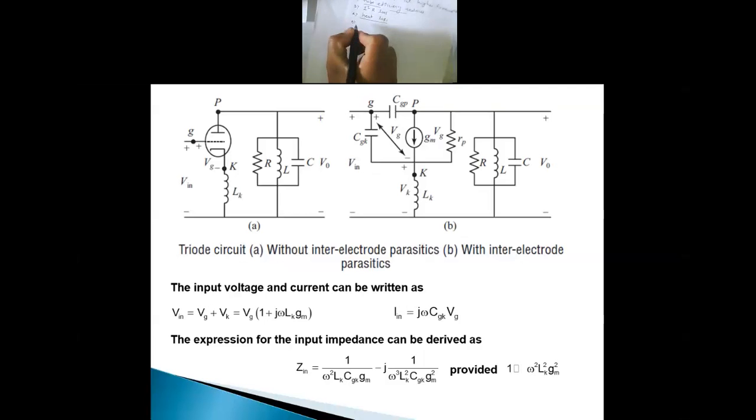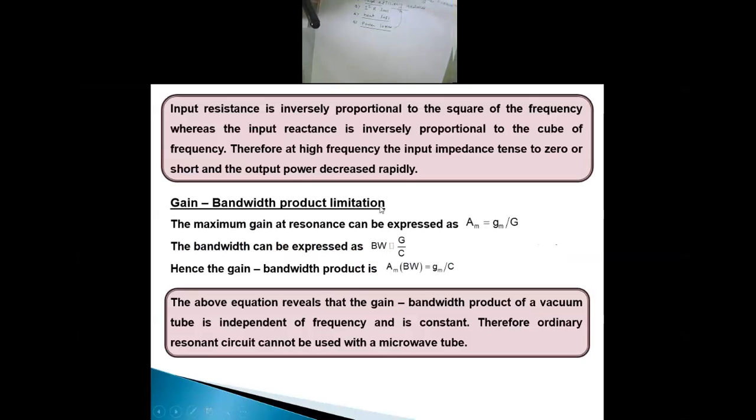And so this tube cannot be used. Again, there are power losses, because at high frequencies there may be power losses in your signal. So that's why the tube is not used, and that's why the efficiency of the tube is reduced. These are the same things I have explained earlier.